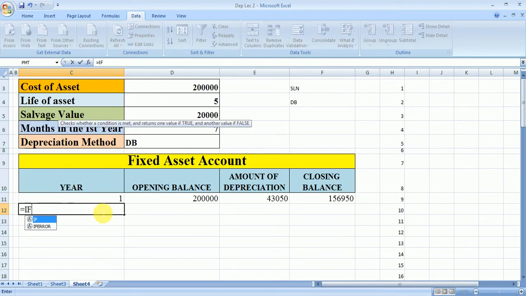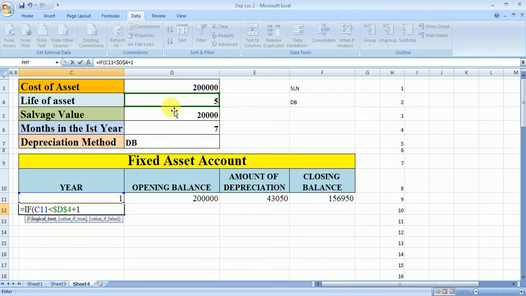So IF this serial number is less than the life of fixed asset, which is going to be fixed, plus 1. Why have we added 1 here? Because the month in the first year is given, so ultimately the life of fixed asset is increased by 1 year due to the variation in the month of purchase.